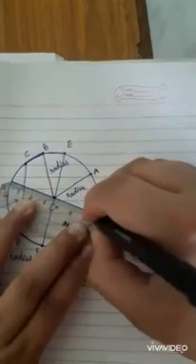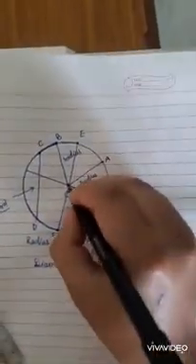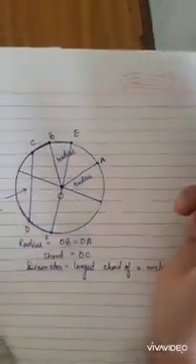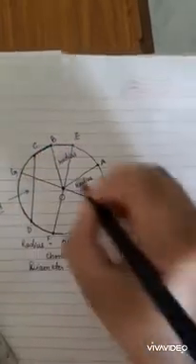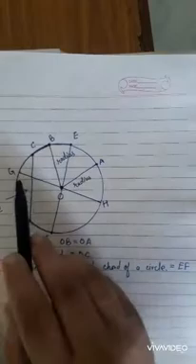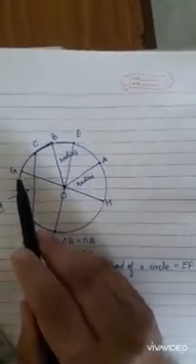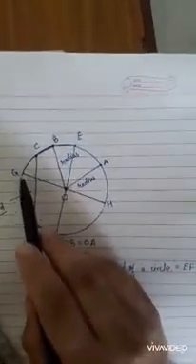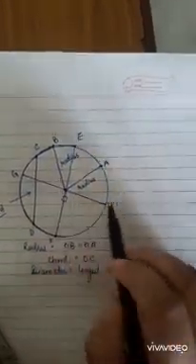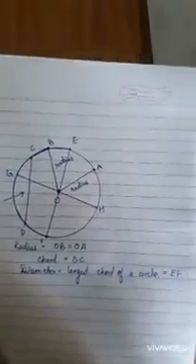Here we can draw many diameters, because we can draw many line segments through the center that join 2 points on the circumference of the circle. We name it GH. GH is a chord because it joins the 2 points. GH is a line segment that joins 2 points on the circumference and it passes through the center, so it is called a diameter.